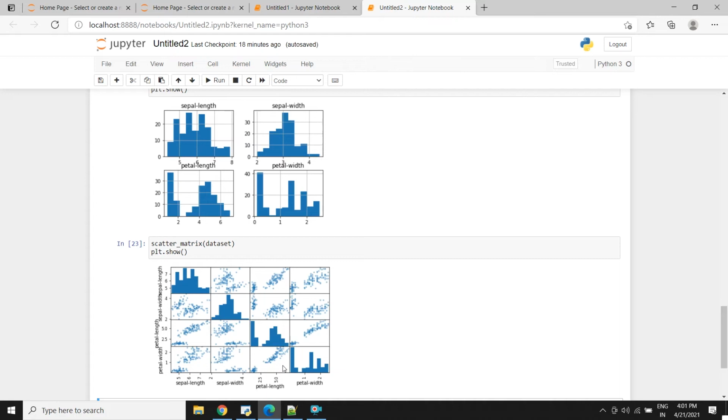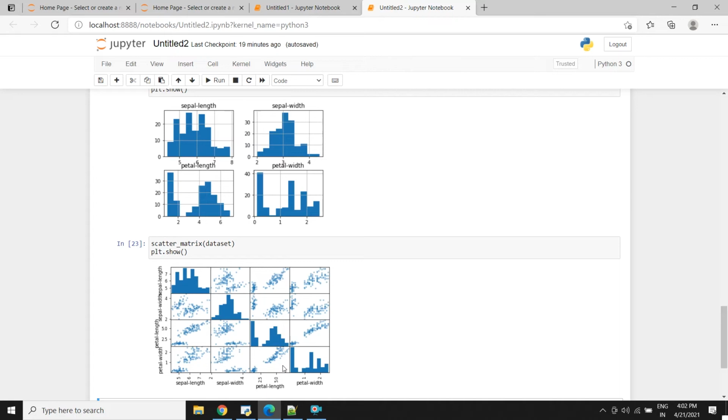So first of all, let's create a validation dataset. What is the validation dataset? It's held out from your training dataset, which we'll be using to train the model. So how will we create a validation dataset? What we are going to do is split our dataset into two parts. So the very first thing we'll do is create a validation dataset.